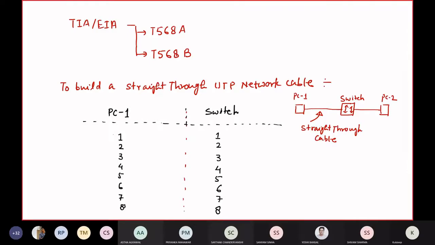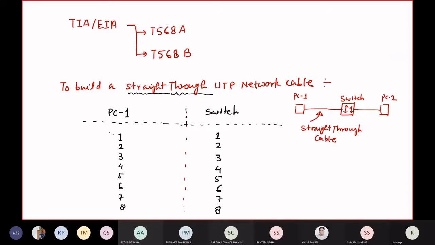Okay. So now I am telling you why we are calling this a straight through connection, to connect different devices. Here we have chosen one PC on one side and a switch on the other side. In your assignment you can see one table, wherein the last column shows the function of each pin.